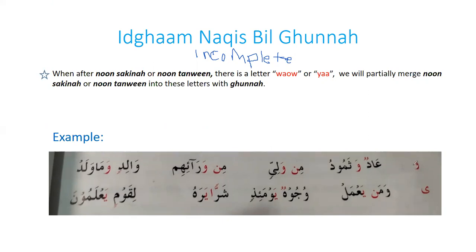So the example is Adu wa Thamud. We are not completely merging noon sakin into waw. The example of ya is Wa Mayyamal. We're not completely merging it. So these are the